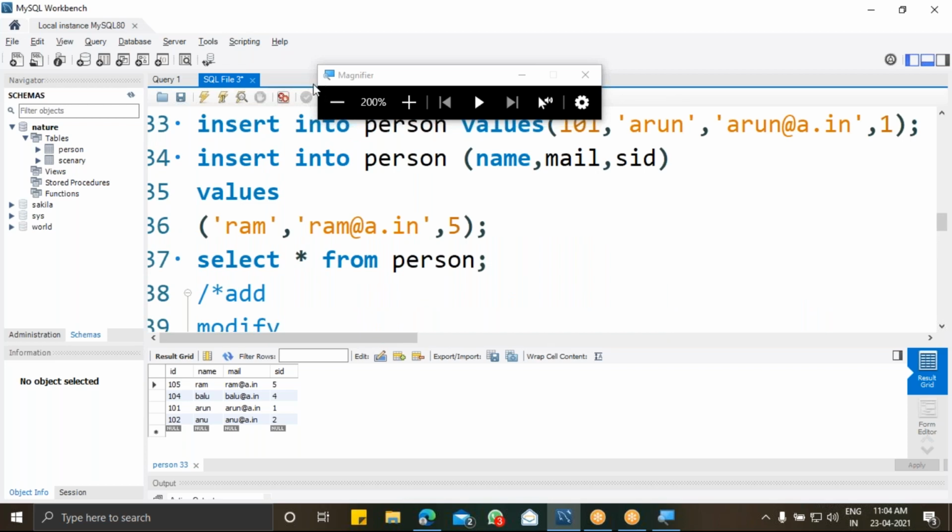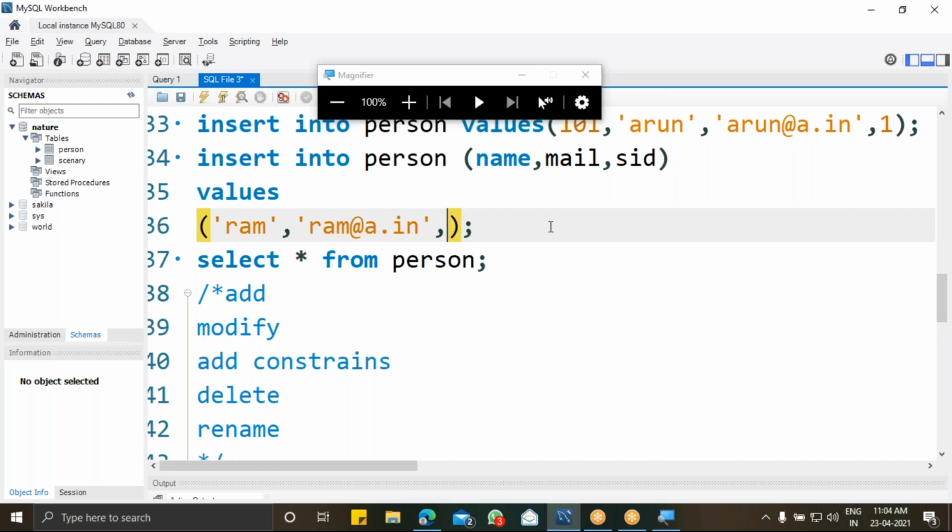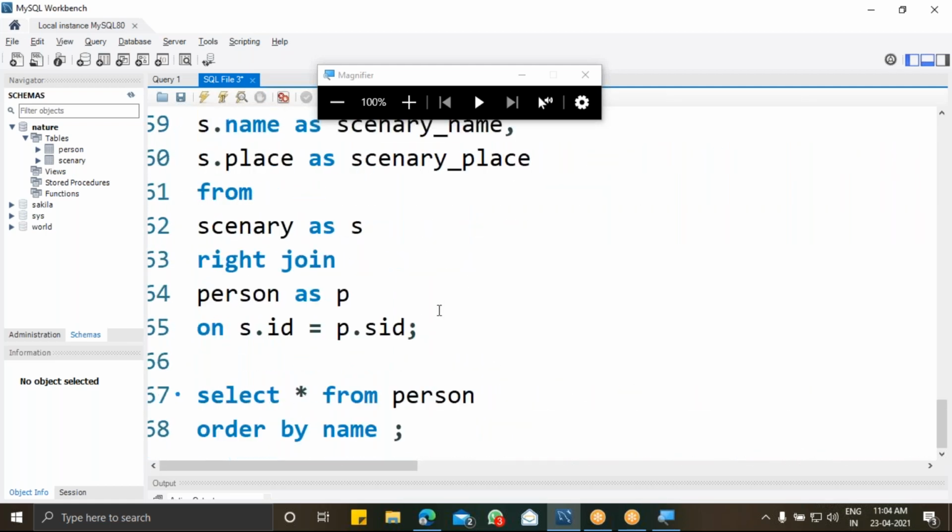Here the person has visited scenery 1, scenery 2 and scenery 3. Now I'm going to group by scenery ID. So I'm going to select star from person, and group by SID.